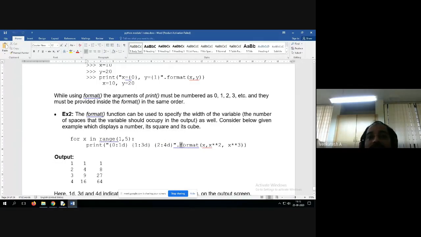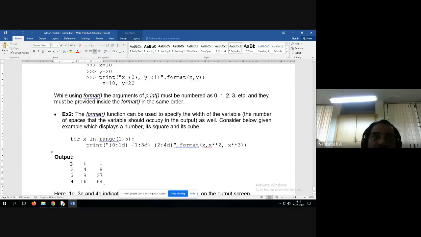Then the format function. Now this is the expression. So this is the repetition factor, isn't it? In the first column display the x value. In the second column, x into x means repeat two times, that is x square.